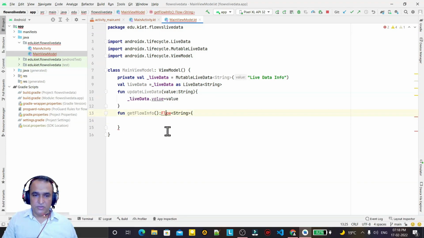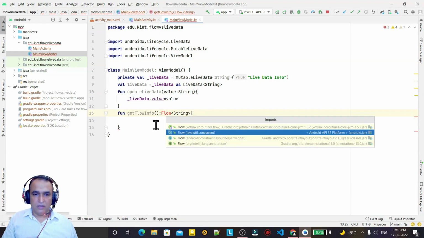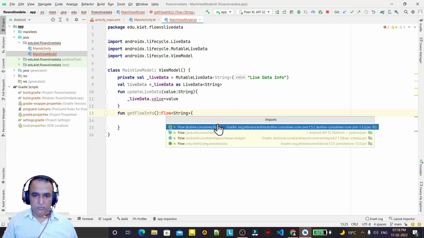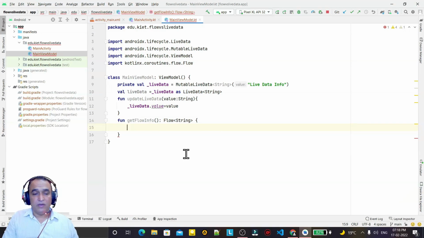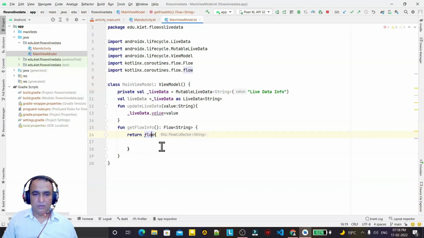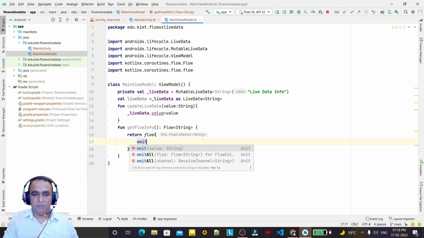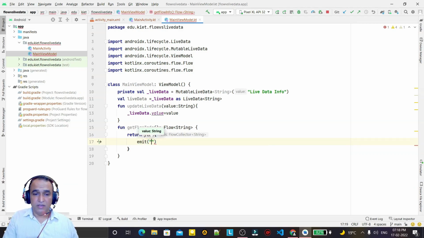And in this function I will return flow of coroutine, remember this one. So now I will return here flow like this, and import this one also, and here I will emit. Remember to emit.